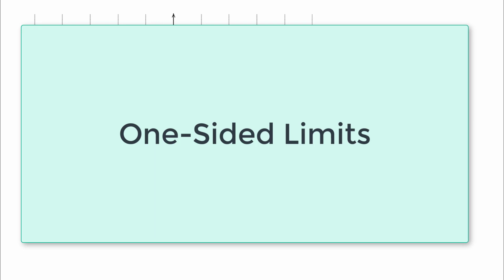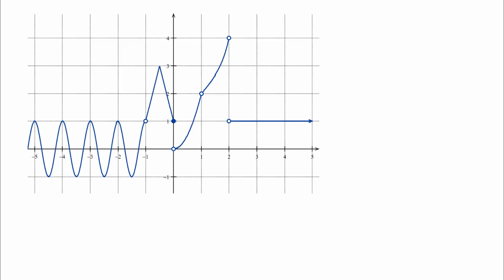Hi, in this video we're going to look a little bit at what are called one-sided limits. So we're going to start with an example and then we'll get to the formal definition of what that means. So our example here, we have a graph, and so we don't really have any specific questions about